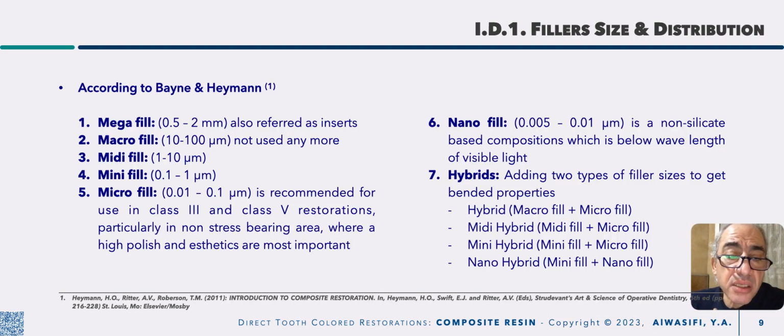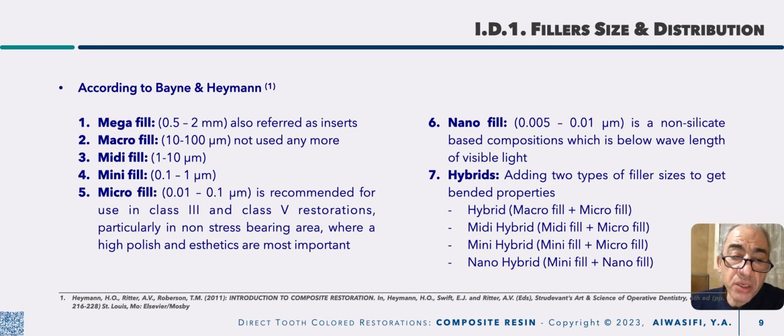According to filler size and distribution, Bayan and Heyman classified composite, as we mentioned in the last lecture, according to filler size into megafill, which is no longer used now. It's known as inserts, ranging from 0.5 to 2 millimeters in size. Then came macrofill, 10 up to 100 microns, also not used anymore. Then comes midifill from 1 to 10 micron, minifill from 0.1 up to 1 micron, and microfill from 0.01 up